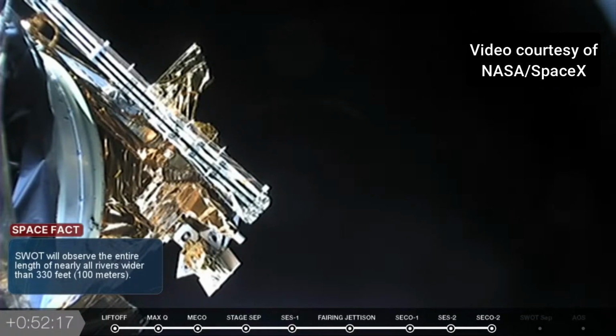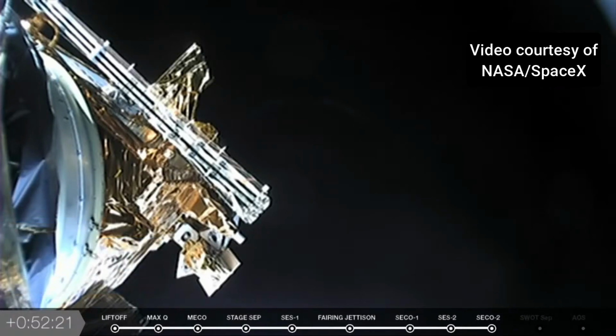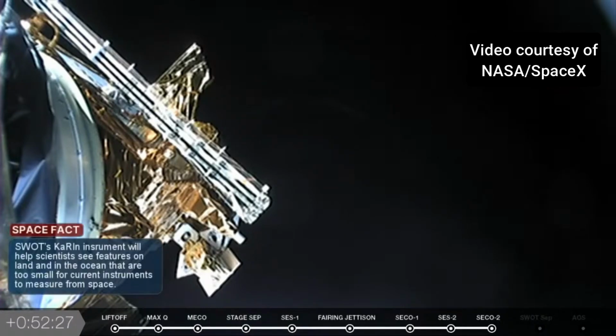So you see the SWOT spacecraft there. SWOT stands for Surface Water and Ocean Topography and is a joint mission by NASA and CNES, France's space agency. They had contributions from both the Canadian and UK space agencies. Yep, and once separation occurs...